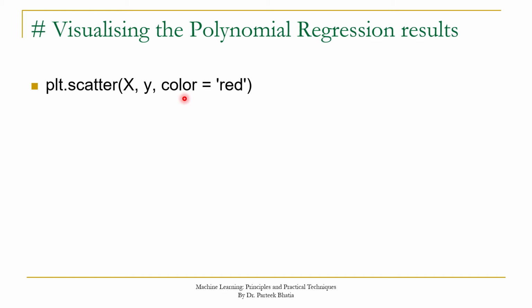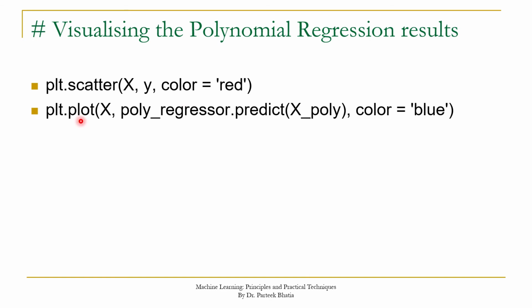After this, we have to use the plot method for getting the predicted graph, and you know that in this case we have to pass three important parameters. First parameter is the value of independent variables. Second parameter is the predictions for those values, and third parameter is the color. Here we are invoking its plot method. We are passing the original values of our independent variable, which are in X.